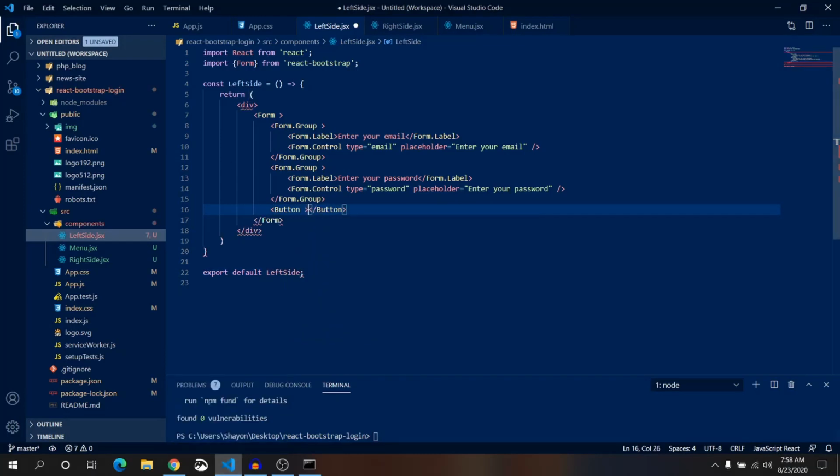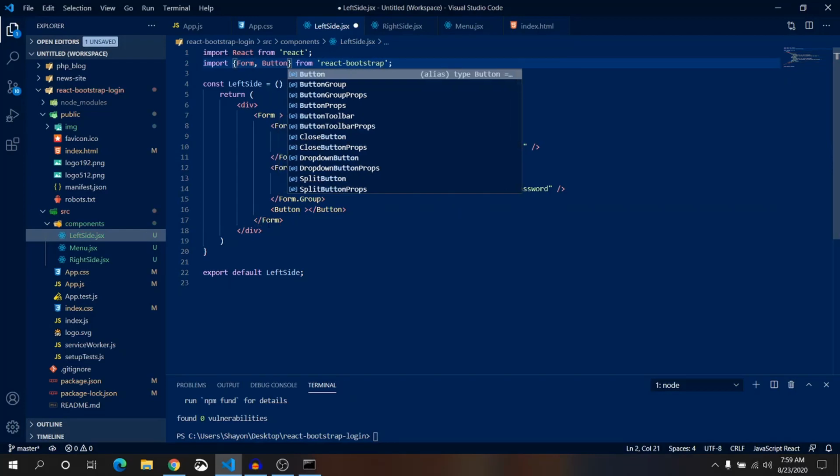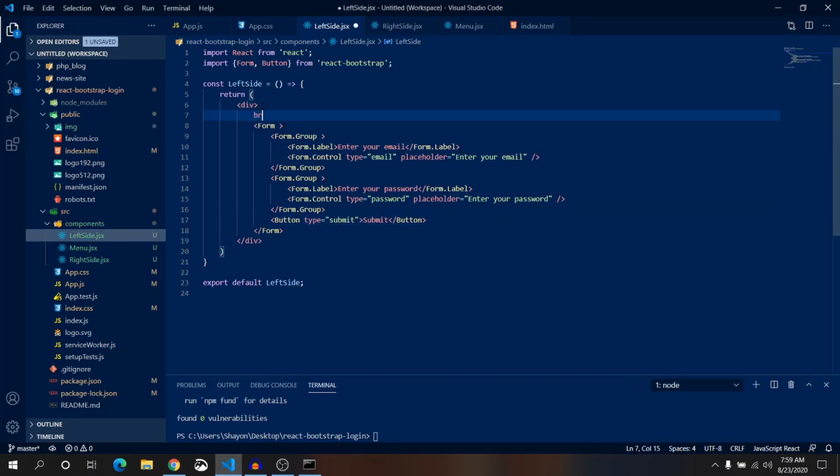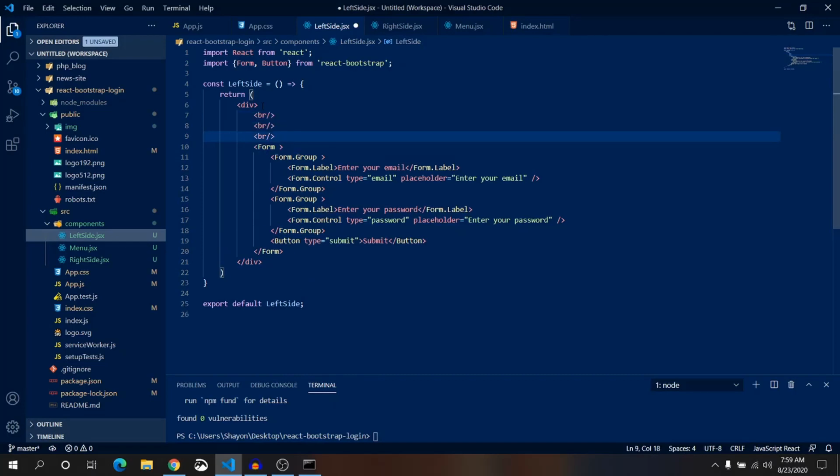We haven't included any button here, so just write button, and here just write submit, and this button type will be submit. Let's add some break line above this form. Br multiplied by 3 and press tab.